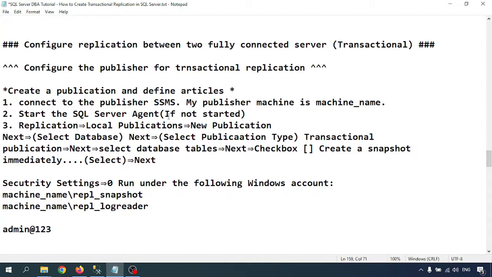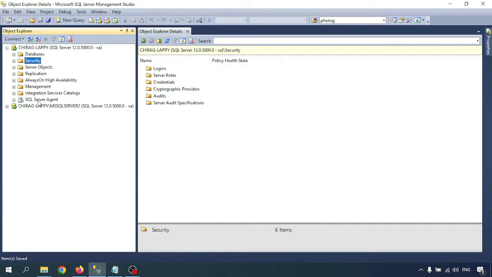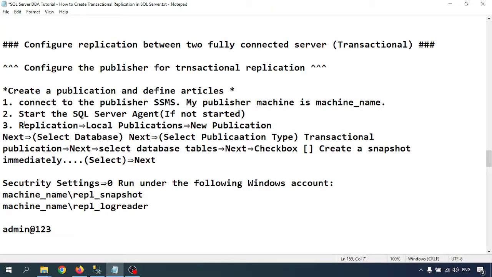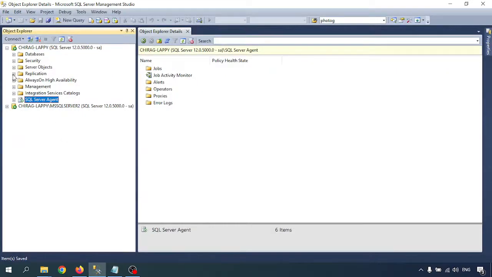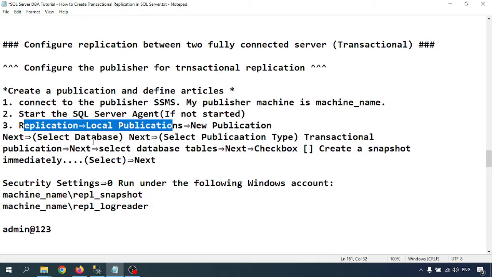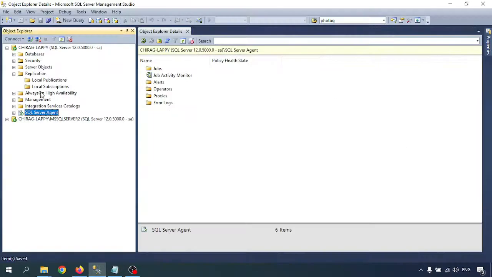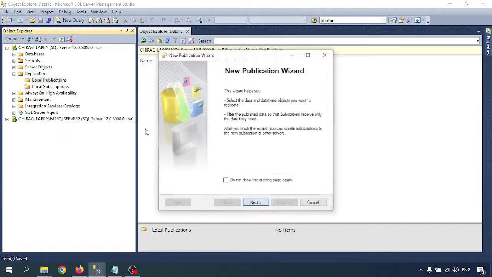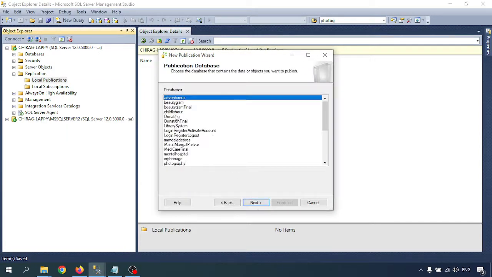Start the SQL Server agent. It's not started. So a SQL Server agent is already working here. So go to the replication, local replication, new replication. I'm clicking on the replication, local publication, right click on that, go to the new publication, click on next, select the database, which one you want to